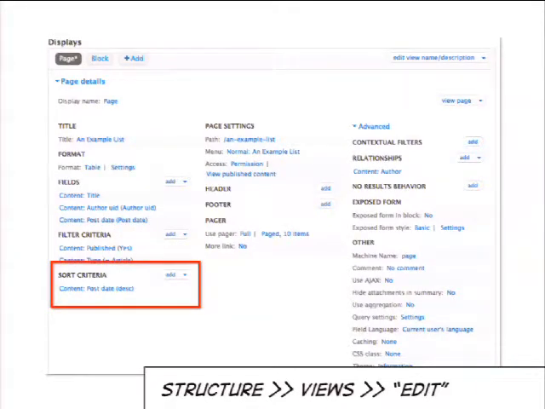Next, we've got our sort criteria. This is telling Views the order in which we would like items in the list to be listed. Again, with our sort criteria, we have access to all of the same metadata that we do in the filters and in the fields. But it's context aware. It knows that in this case, you're using it in an order by or sort operation, which is important because